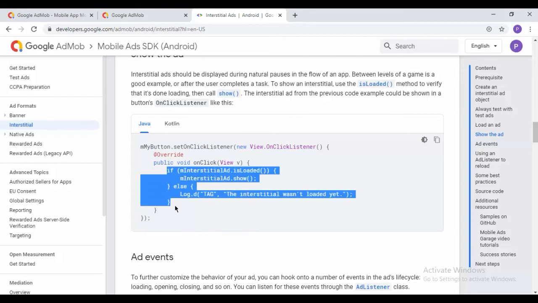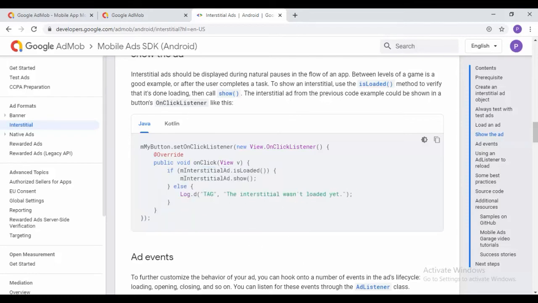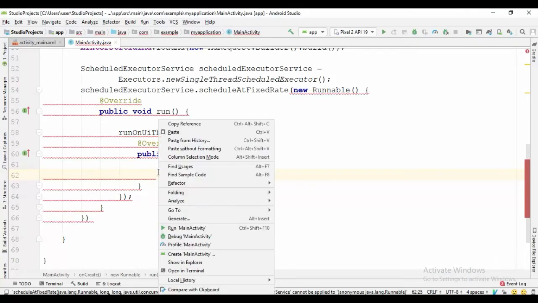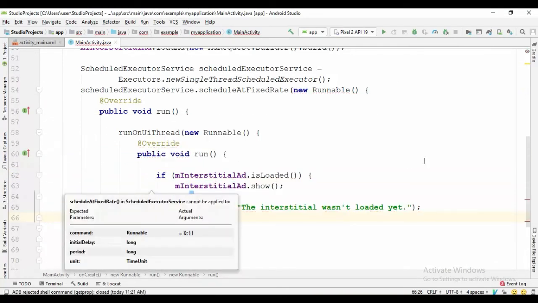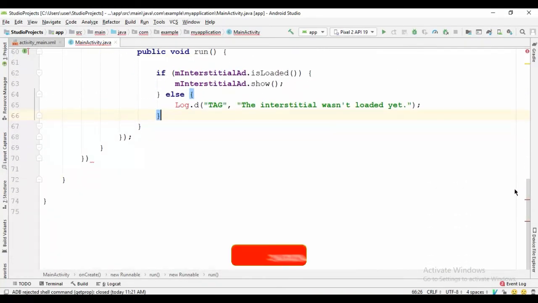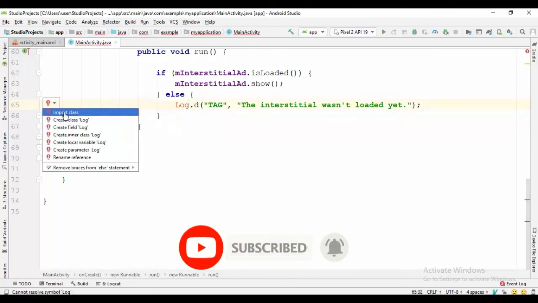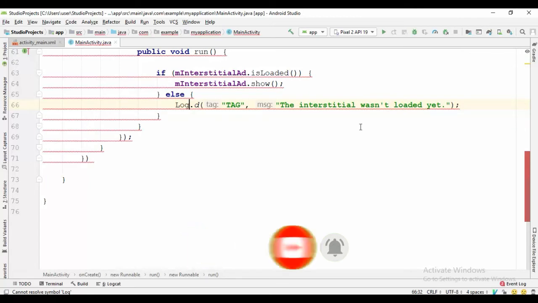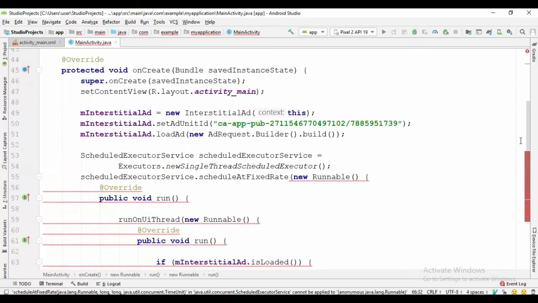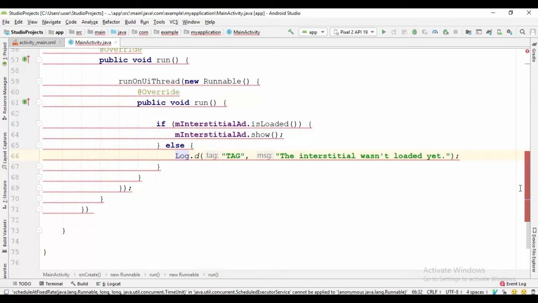Copy this if else statement, not the whole code, and paste it here. We will import this Log class by clicking this red light bulb. But you see it still shows errors. To solve that, we have to add the time that we want to show our ads.